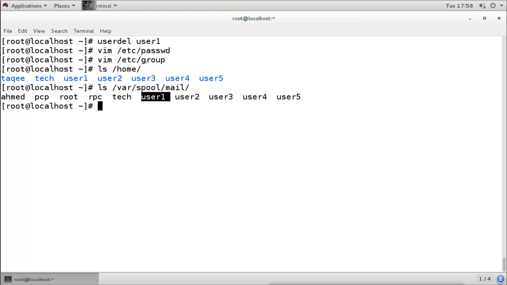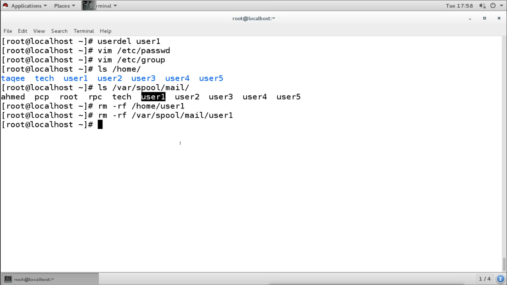Now if you want to remove the home directory or mailbox, then you have to do it manually. That means you have to run the command rm -rf, and then you go to the home directory and say, I want to remove user1's home directory. If you want to remove the mailbox, then you have to use the rm command to remove it from the spool mail, and then mention the username. So you have to remove this manually.